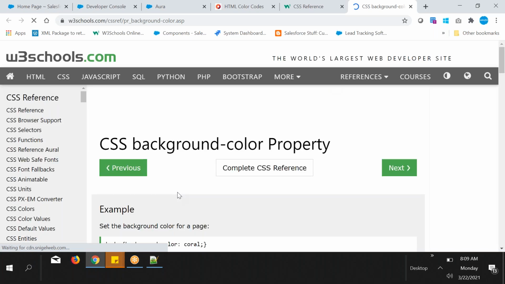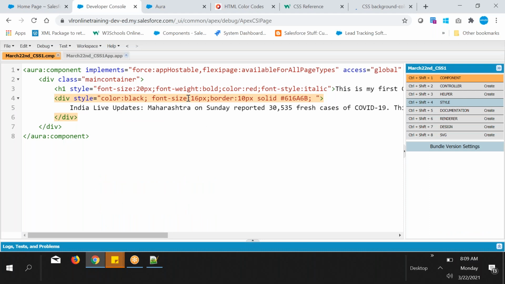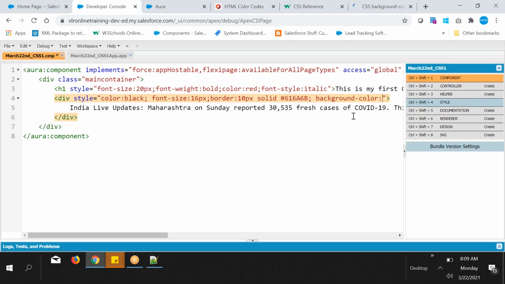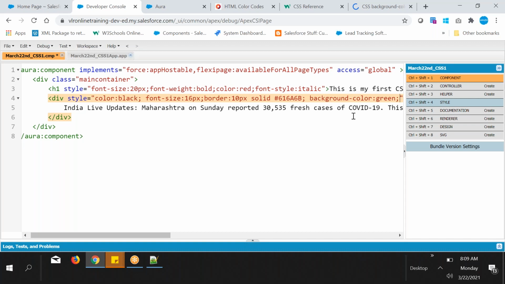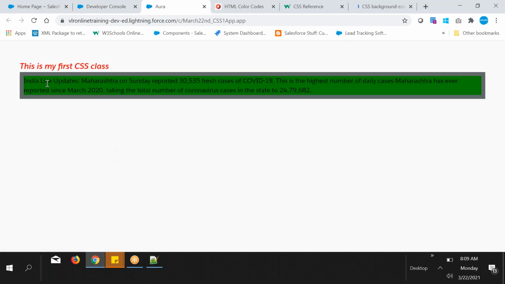And you can see how they have applied background color. They have applied it only for div. So you can go here, background color, give any color. Hash color, blue color, green color, like that. Even if you want to apply color codes, you can apply it. F5. So see here, green.